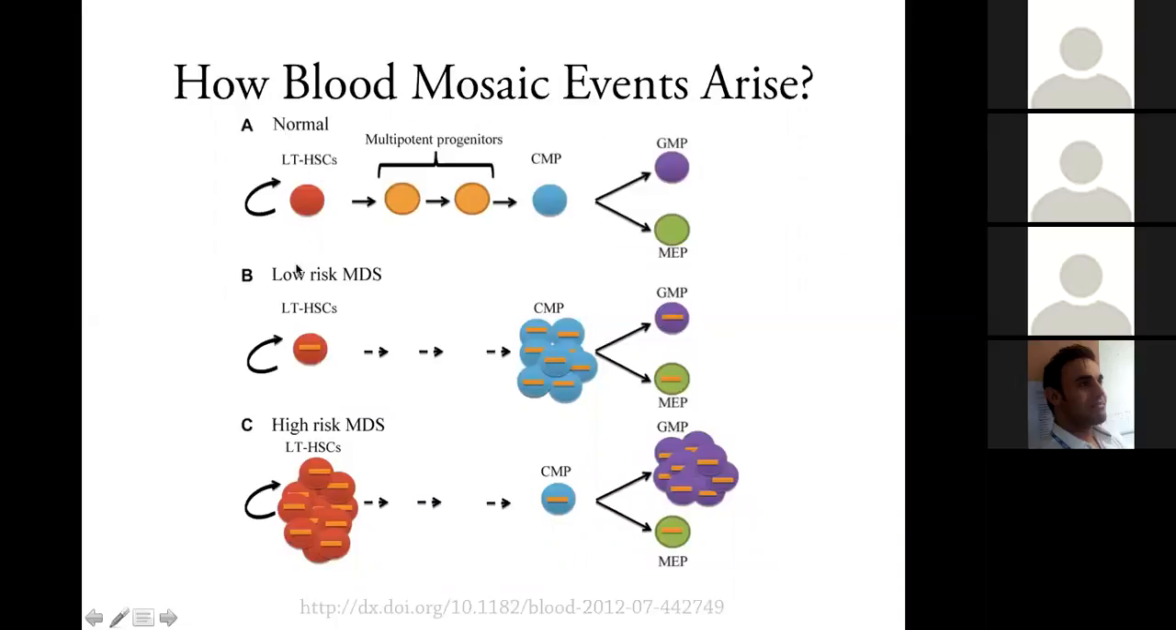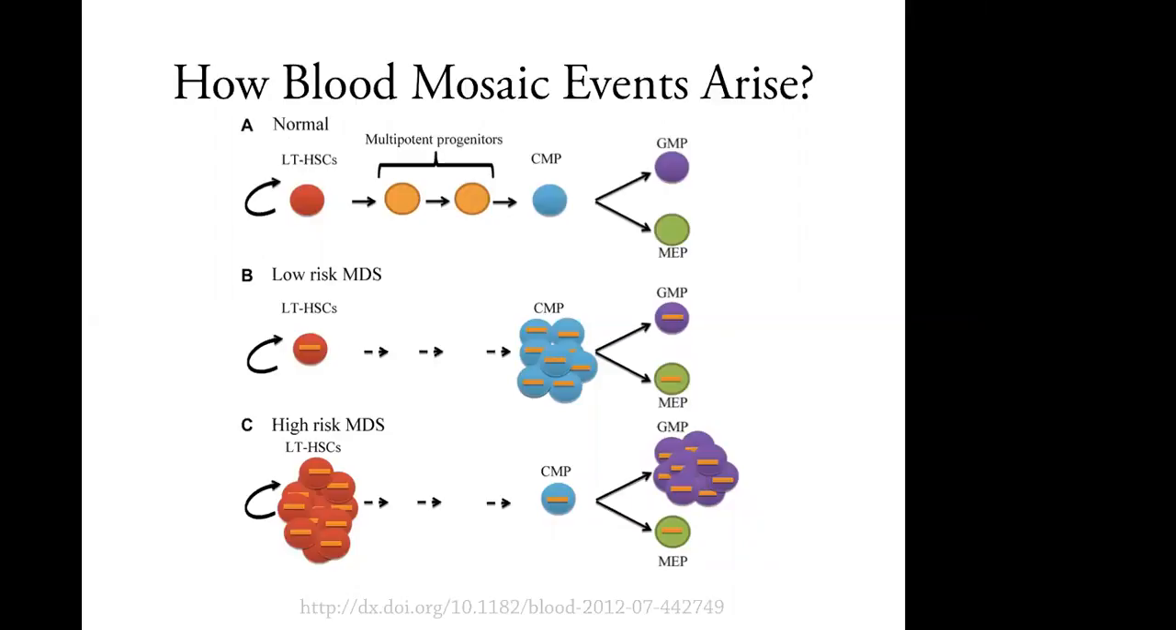This is an example of the progression of the disorder called myelodysplastic syndrome. It is a disorder affecting the bone marrow and thus the production of the long-term hematopoietic stem cells. In a normal case, you have the normal differentiation of the long-term hematopoietic stem cells. They produce multipotent progenitors and then the final differentiated cells. In the case of low-risk myelodysplastic syndrome, this orange bar is just a piece of DNA that harbors a mutation